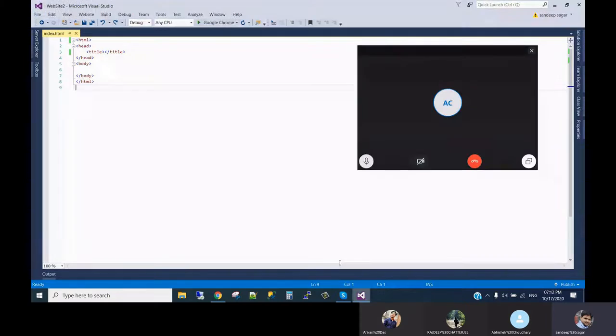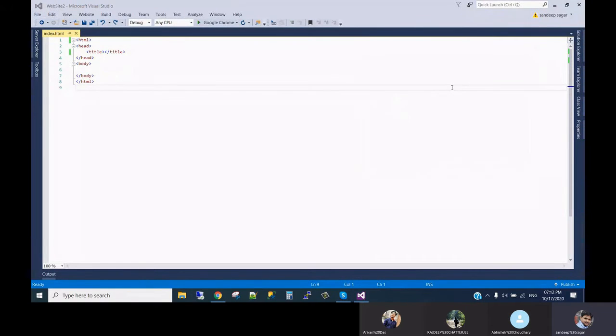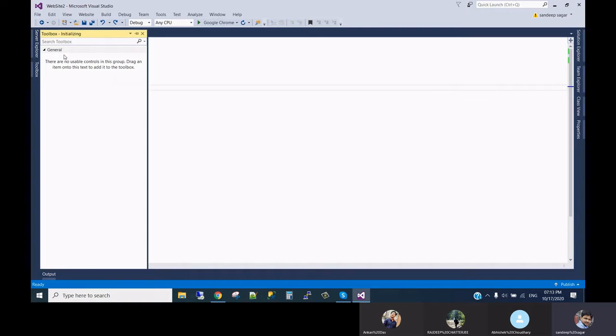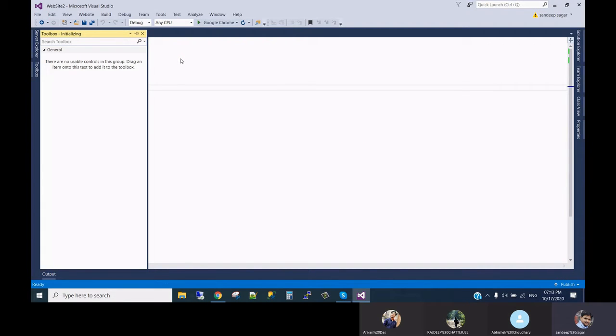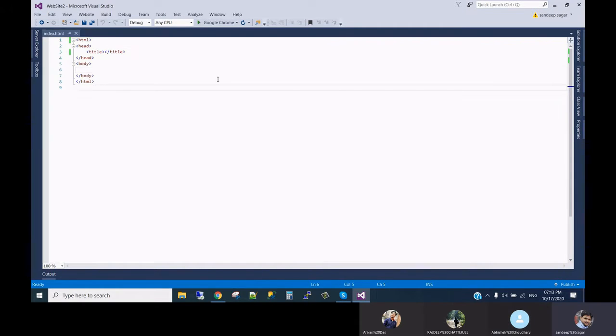So basically, I am using Visual Studio. Why? Because I am an ASP.NET developer, and I prefer Visual Studio because it is a very easy tool to use, and there is a toolbox where you can get all the HTML tools if you need. Also, if you know all the tags, you can write them on your own. You don't need any tool for it. Today we will not be using any tool. We will be doing it one by one on our own, and we will render that into a website.